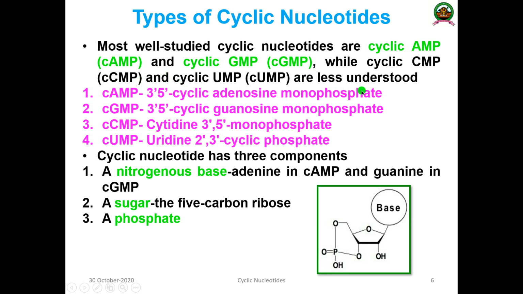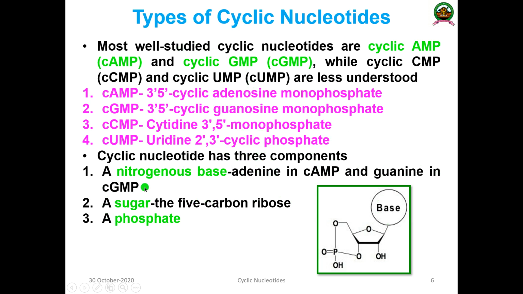What is this prime? We will see. Okay, then cyclic GMP, 3', 5' cyclic guanosine monophosphate. Then cCMP, cytidine 3', 5' monophosphate. Then cUMP, uridine 2' and 3' cyclic phosphate. And as I said in the beginning, all these structures have three important components: nitrogenous base. For example, in cyclic AMP that is adenine, and in cyclic GMP it is guanine. That is the main difference, the nature of the